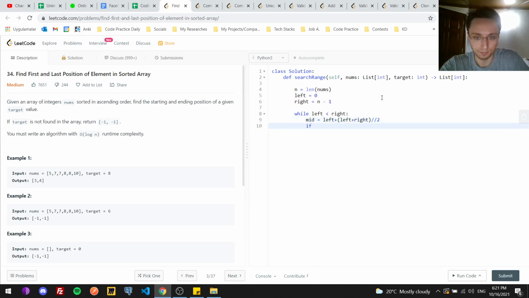And if nums mid is equal to the number that I'm looking for, the target, then I will just return